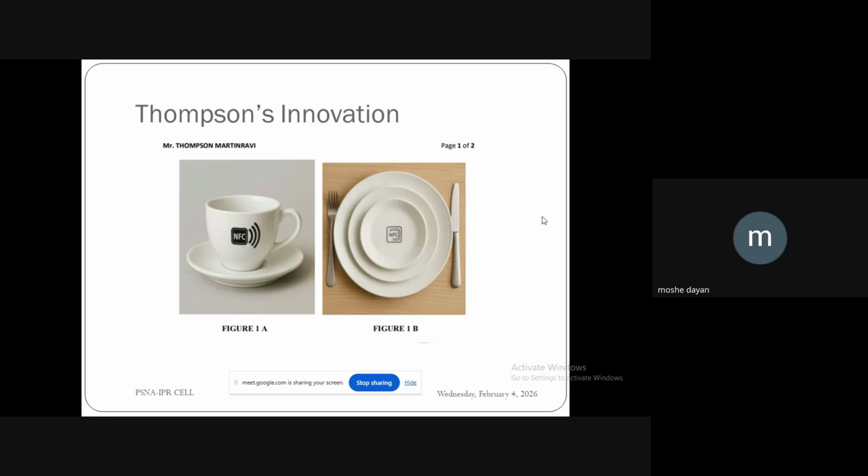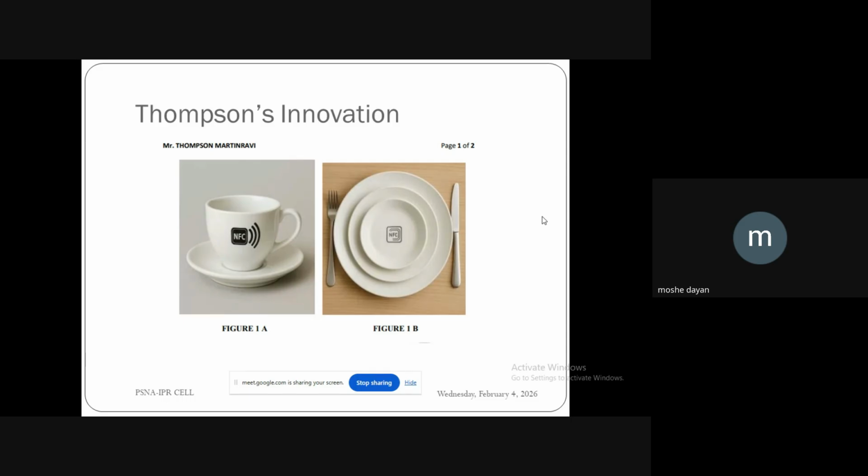He said 6 times the NFC chip will read that he has come for the shop. 7th time the coffee will be free, because the NFC reads it. And the one thing is, they have to bring their own cups. So I said, what is the cost to the company? How do they save money? He said, they need not employ a labor for this, and because they are taking the cup back, plenty of water is conserved. Also, the foam, whatever is used for this cleaning, and all those things are conserved here. And also this creates interest to the consumer to come to the shop again and again.